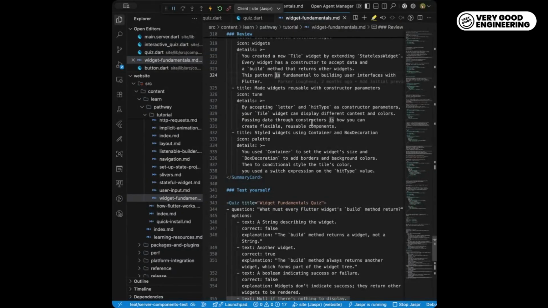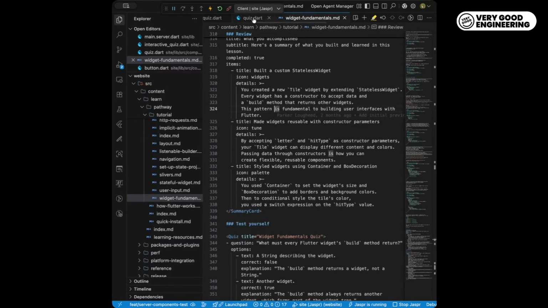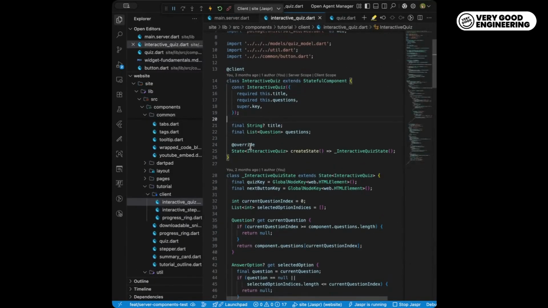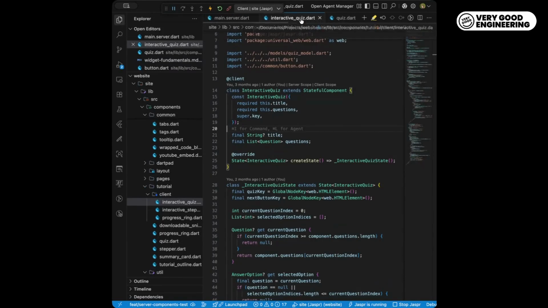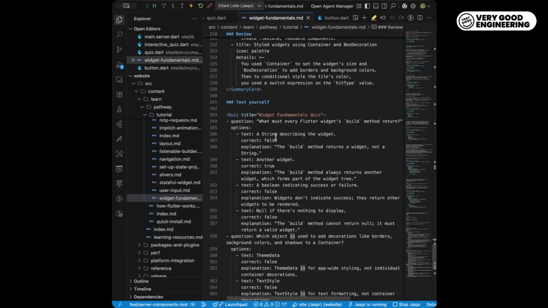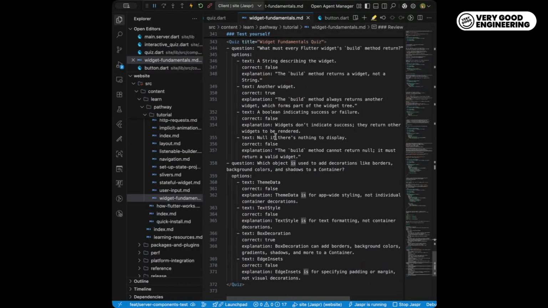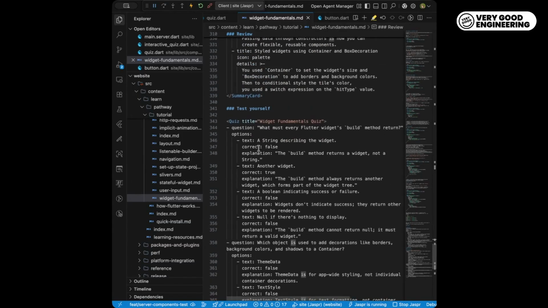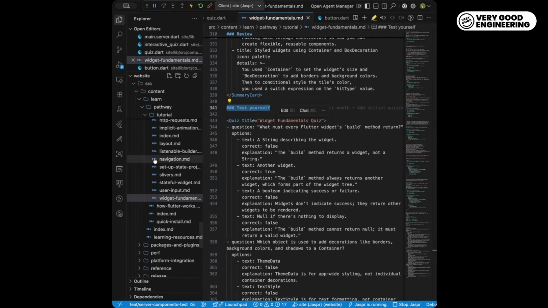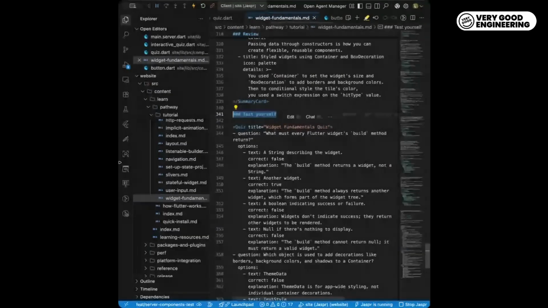So staying with the same example we had before, which is this interactive quiz component, one of the more annoying parts is when you want to update anything that is server side rendered, either change content in the markdown file or change code that is run on the server.